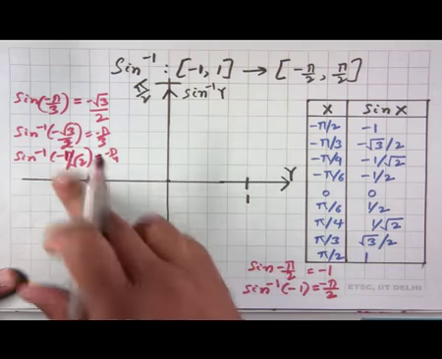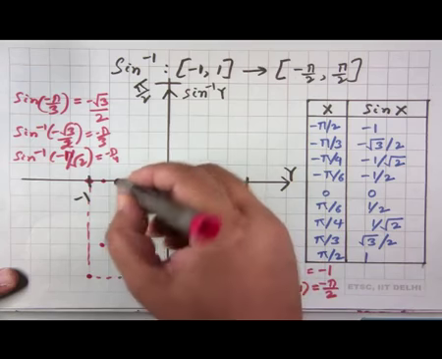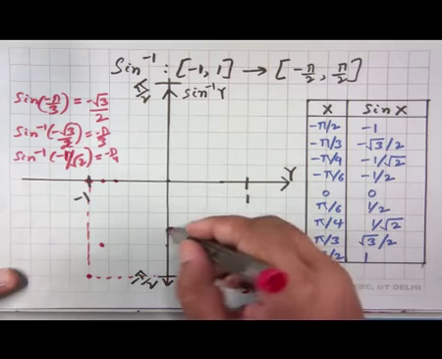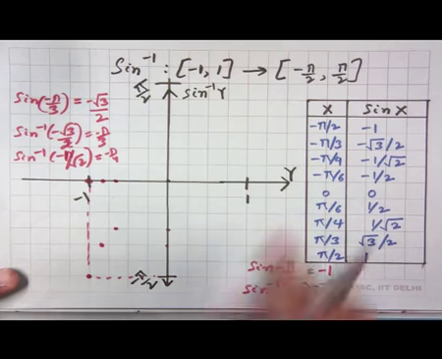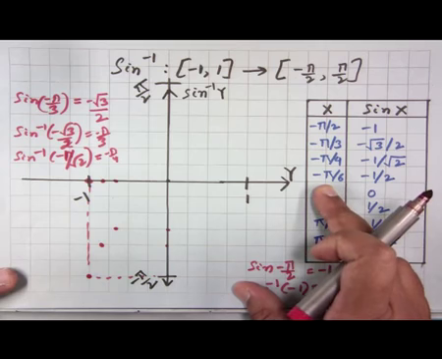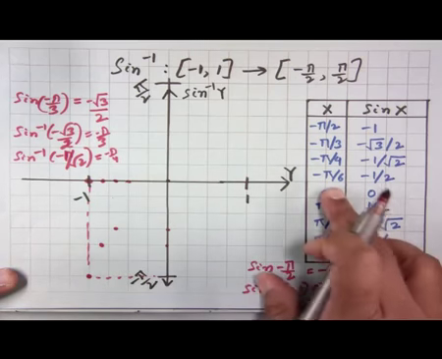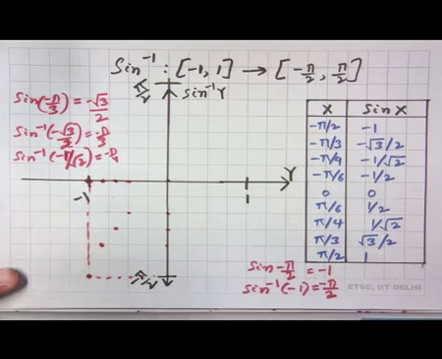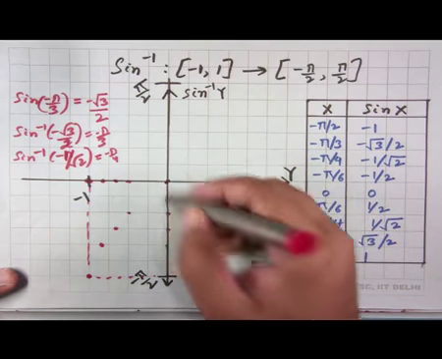So, minus 1 over square root of 2 is minus 0.7, which is somewhere here, and minus pi by 4 is half of this, which is somewhere there. So, this and this are going to meet over here. Then sine of minus pi by 6, which is minus 30 degrees, is minus half, and minus half is here. Minus pi by 6 is 1/3 of this thing, which is over here. So, we get another point like this, and of course, sine inverse of 0 will be 0, which is here,